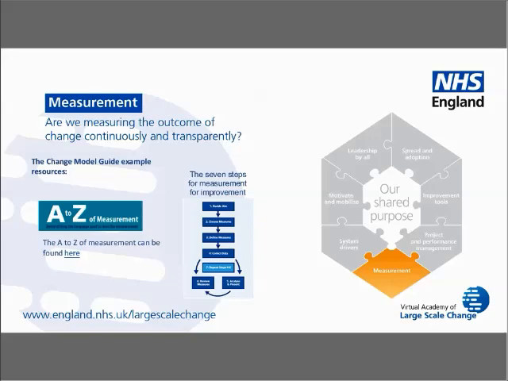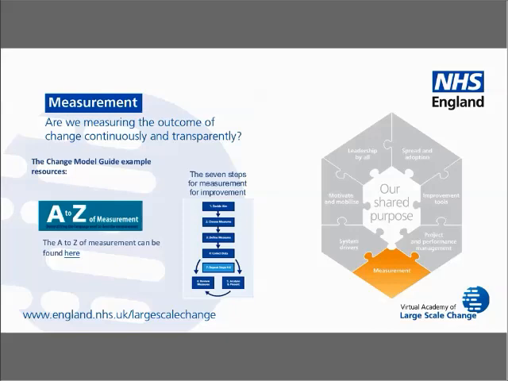This includes thinking about how could we publish our data? You know, who are we publishing that data to? Who is our audience? What do they need to know? And how can we make sense of our data for them? So it links back to that need to frame and reframe all of our messages for the different audiences that we're engaging with. We have a number of approaches that can help you with this within our change model guide,